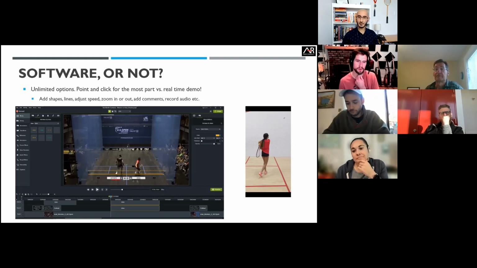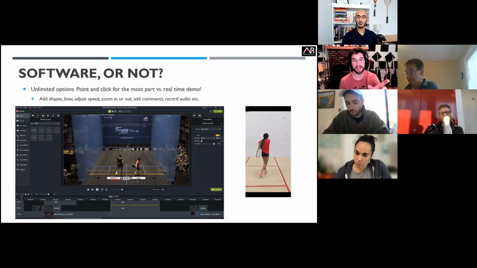For the people that are using either iPhones or iPads, iMovie is very, very powerful. It's free and it comes native to the actual devices. You can do pretty much what he's doing there with iMovie. And for storage, Dropbox is a good option, and Google Drive as well. But most phones now have 128 gigs or 256, so you can store most of it, and once you're done, you put that in Dropbox, and then you send that link to your student. And the YouTube channel is another good way to go about it. The advantage of Dropbox is they can actually download it physically on their laptops or whatever.